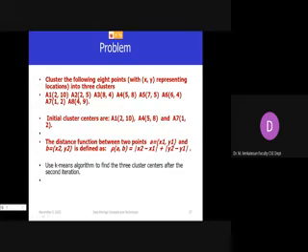Now what I have to do is compute the distance between the centroid of cluster 1 and all the 8 points, then the distance between the centroid of cluster 2 and all the 8 points, then the centroid of cluster 3 and all the 8 points. In this case, the distance function is defined like this; you can define the distance function. The distance between a, b is the modulus of x2 minus x1 plus the modulus of y2 minus y1. If the distance function is not given, by default you can use Euclidean distance.